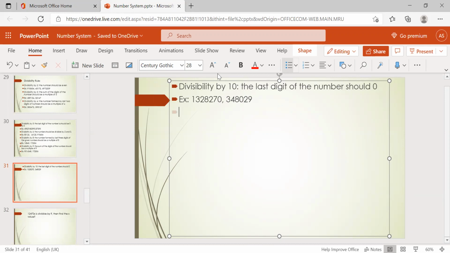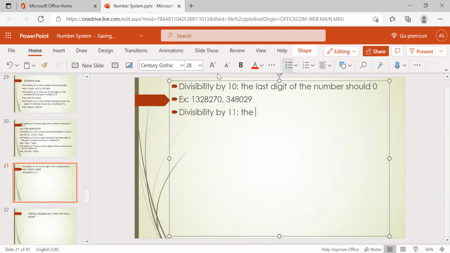Right? Now, next one. Divisibility by 11. This is somewhat interesting.